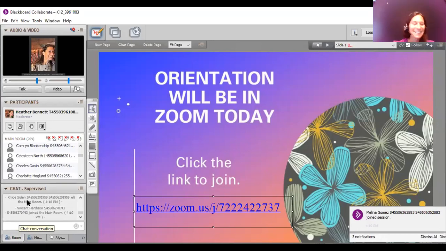or whatever it is. So in chat, you can see this little triangle. The triangle is upside down right now. That means your chat is maximized, so you can see what's going on in the chat. Right now, we can see it says that Vincent joined the main room, and it says that Angie joined the main room. So that just means you can see people going in and out of the room. You can see if people are typing anything, if your teacher is putting in any links in there. Make sure that it is always maximized.